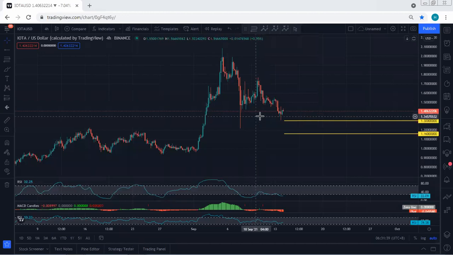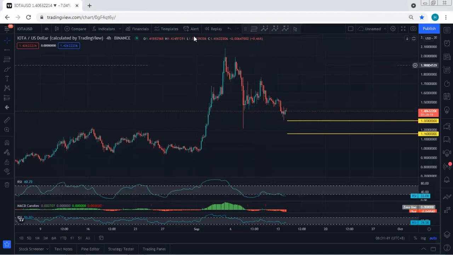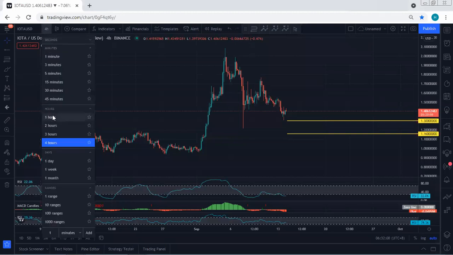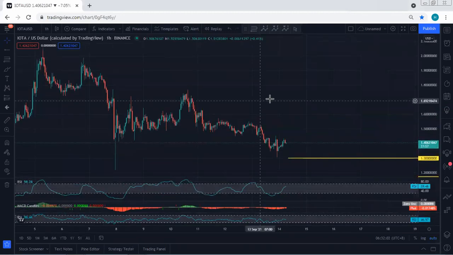Anyway, based on what we have right now within this move, this is the only correction. And now we want to see how complex this correction can be. But based on the 4-hour chart, we don't have any trade setup, and we cannot refer to the indicators for divergence, because the price hasn't retested the previous low. That's why at this time we cannot refer to the indicators. And if we move to the 1-hour chart,